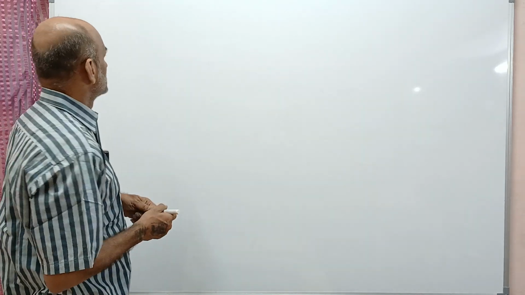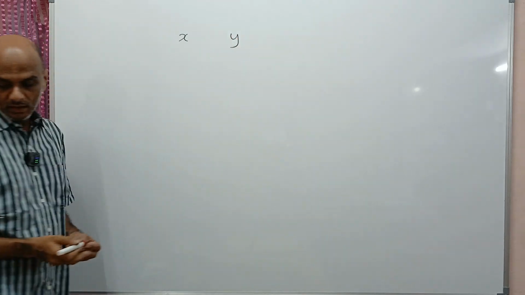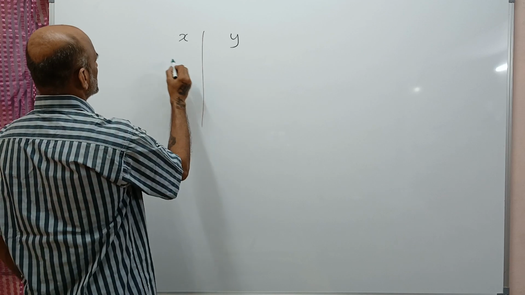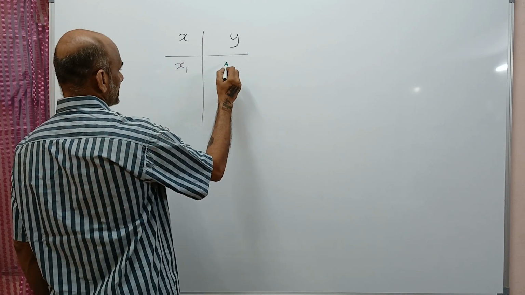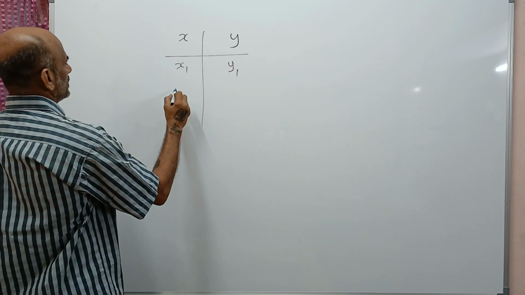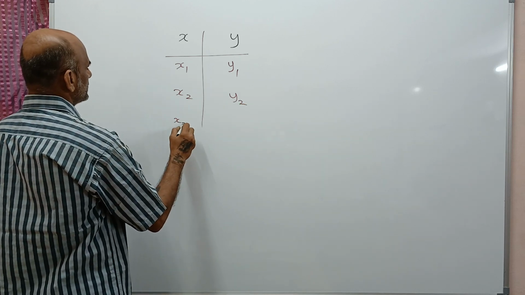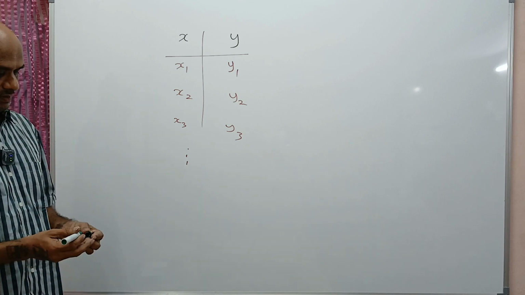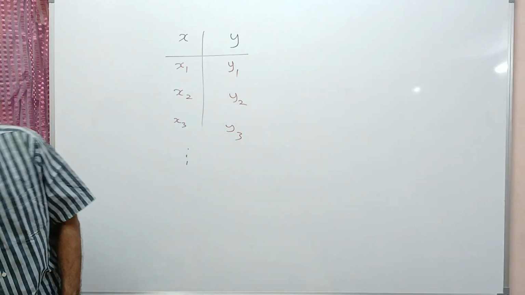First, let me go to the basics. Suppose I have two variables, x and y. How to define the relationship between them? One way to define the relationship is when x takes a value x1, y will take a value y1. When x takes a value x2, y will take value y2, x3, y3, and so on. So if I make a table like this, where when x is known, the value of y is known, then the function is defined. Another way of describing this function is,